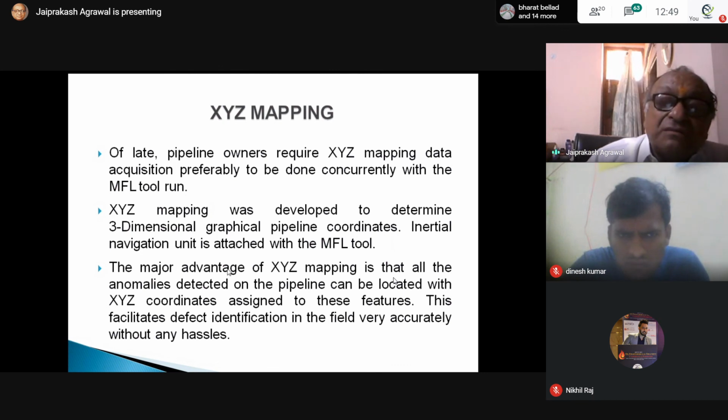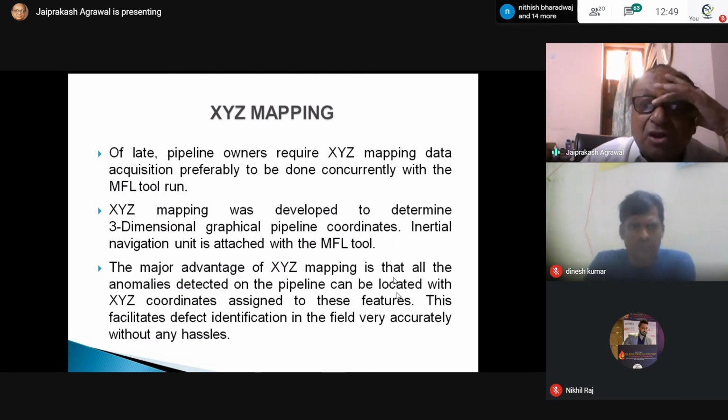All the three sides. That gives you the geometrical picture also, and the metal loss in all the directions. We are putting this along with the ILI inspection tools.